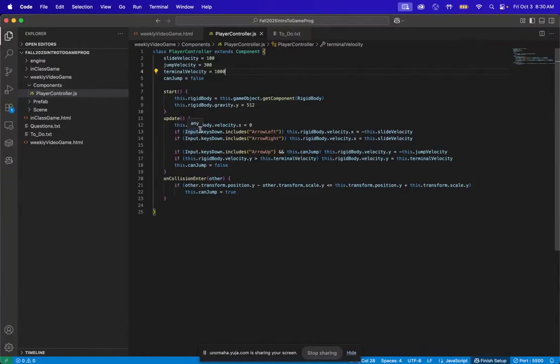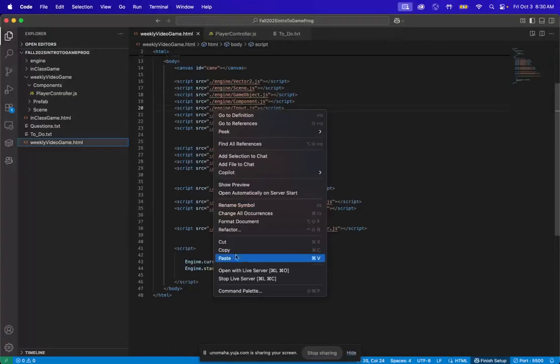Today we're going to review the changes to the separate axis theorem, update game objects with the tag variable, review onCollisionEnter and how that works, and then explain terminal velocity, which we didn't have a chance to do in class. But let's first explain terminal velocity, because that kind of comes with the game, so it works. But as you see currently,